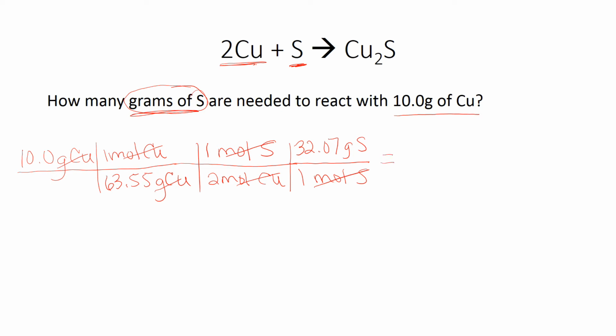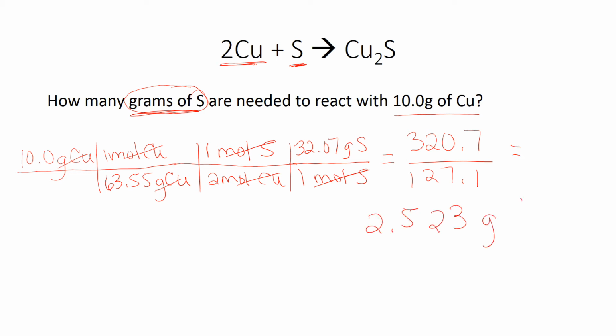So I'm going to go ahead and calculate this. I'm going to multiply 10.0 times 1 times 1 times 32.07 to get 320.7, and I'm going to divide that by the bottom. 63.55 times 2 times 1 is 127.1. When you do this, you get